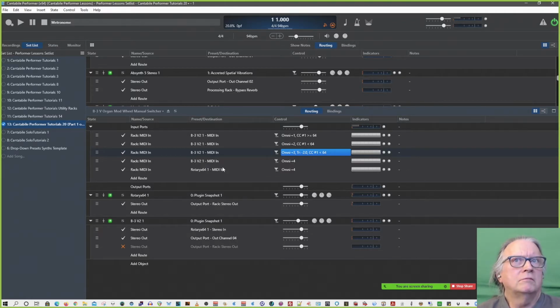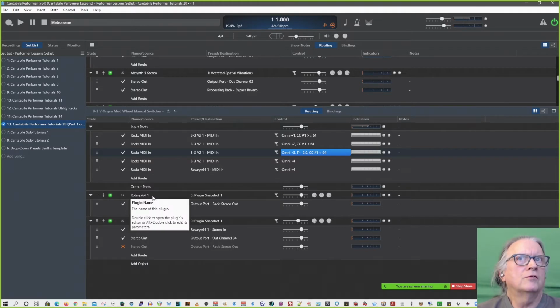And that's it. It's just really nothing. And I just have the VSTs that I want and the effect all self-contained inside the rack, and away it goes. Okay, so I'll upload this thing